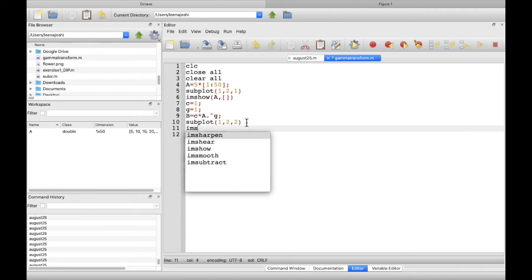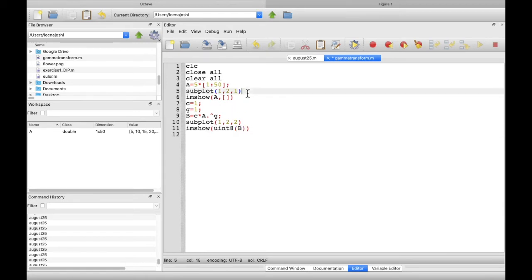So I will do imshow, but imshow only works with the class which is uint8, unsigned integer of 8 bit. But as you can see, our A's class is double, so B is also double. So we need to convert this to uint8. So I will say uint8 of B. So let us run it.